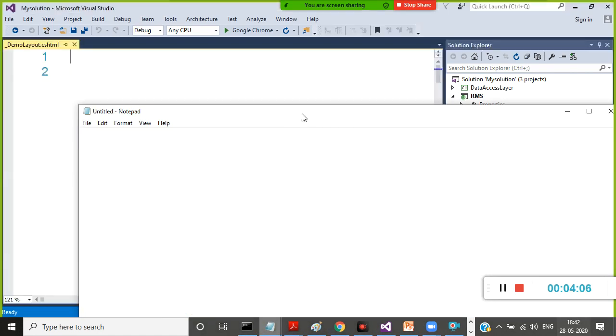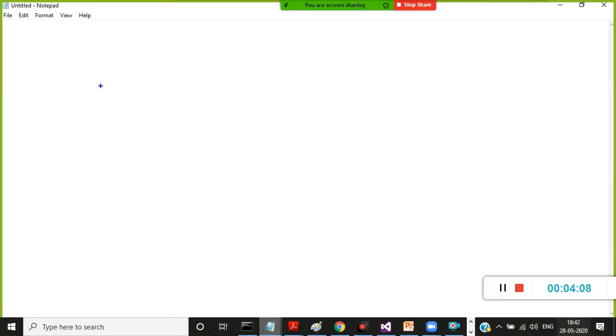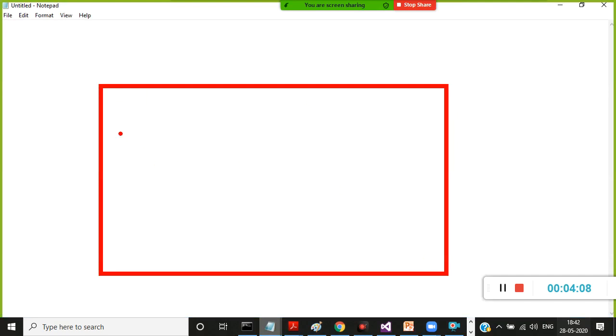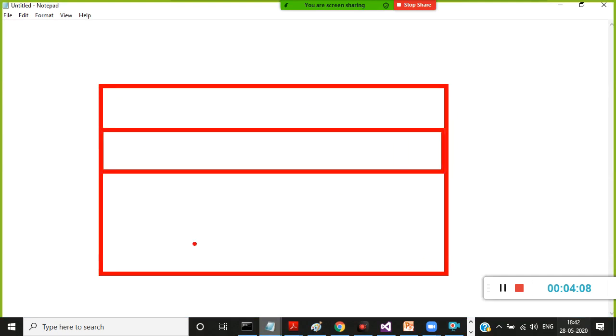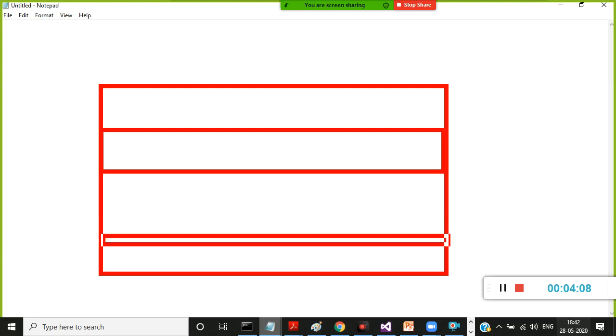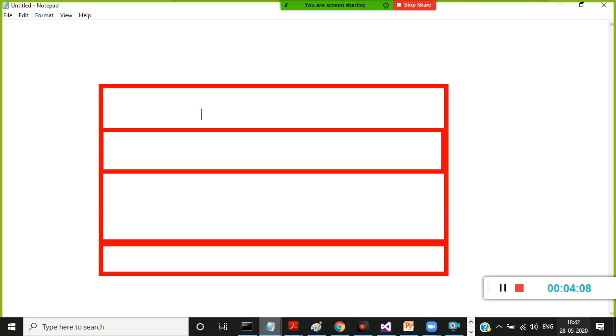So what is my requirement? I want to design one page. I want to design a common layout for my particular web page. Let us assume this is my web page. This is the A part, B part, and D part. In the A part I want to display one image. Display hyperlinks in the B part. Here I will give something like Home, here About Us, here Contact Us. Is it clear? Here I will give Login.